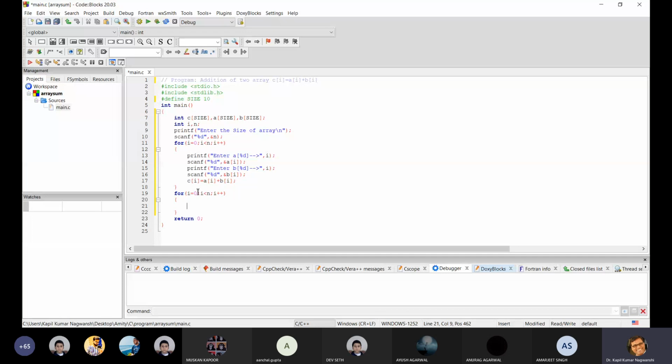Now it will display the summation, or just printf, backslash n, %d plus %d equals %d.